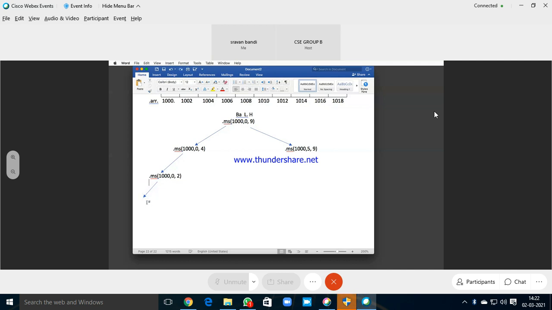That is our goal. This is the left side.